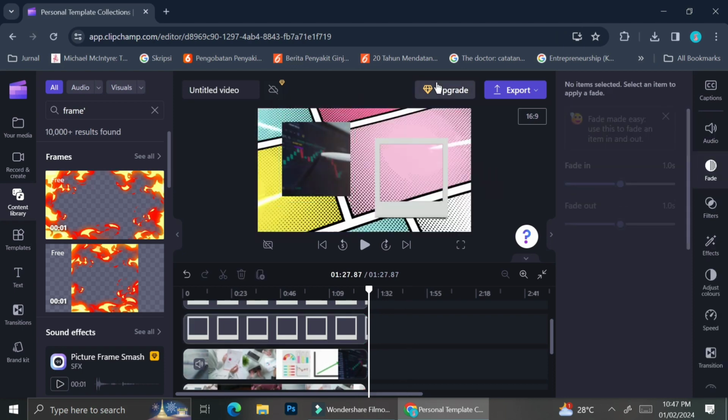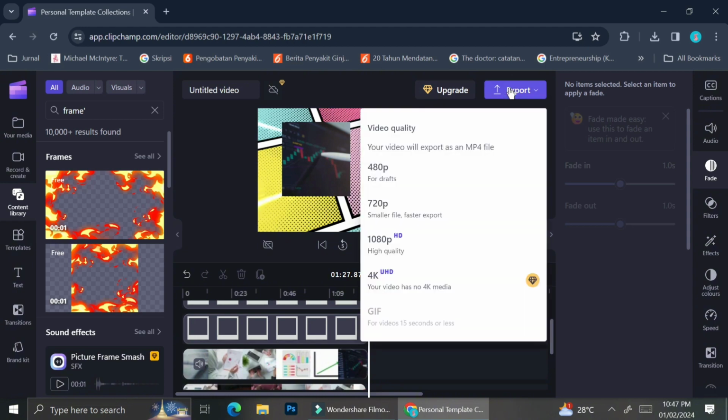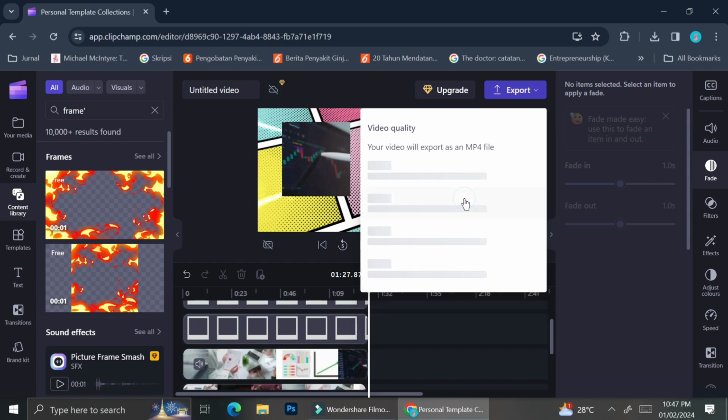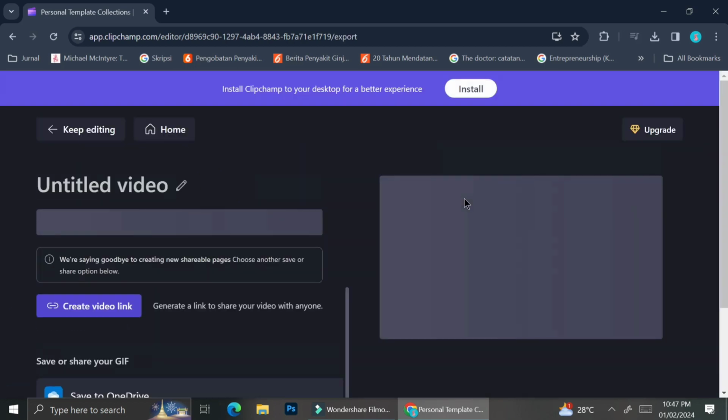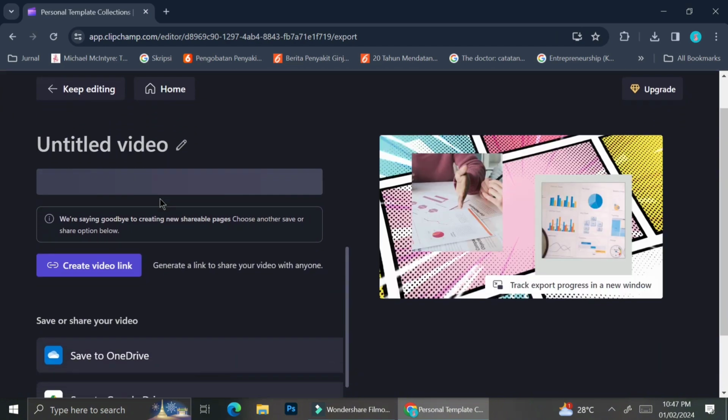And once you've done editing your video, you can go ahead and save it to your device by clicking on this export button, and then you can choose which quality would you like your video to be. The highest quality you can get is 4K, but in order to export in that quality, you will have to upgrade your account to paid account. And that is the tutorial for